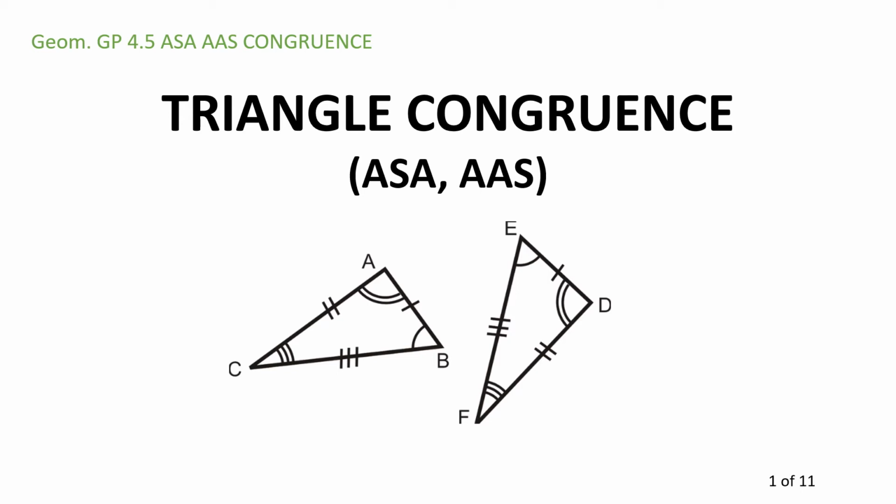Hello, geometry students. In this lesson, we're going to continue and actually complete the lesson of proving triangles are the same, congruent, using a combination of their angles and sides. We did side, side, side, side, angle, side, hypotenuse, leg already. And now we're going to talk about two angles and an included side,